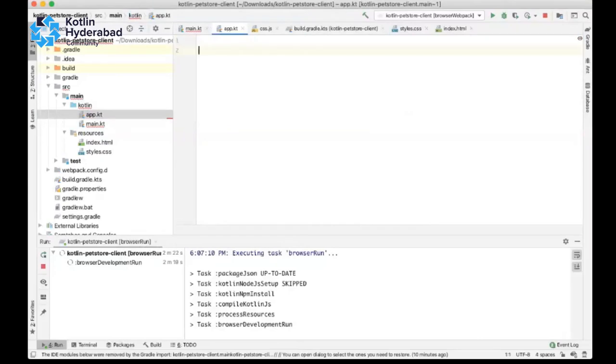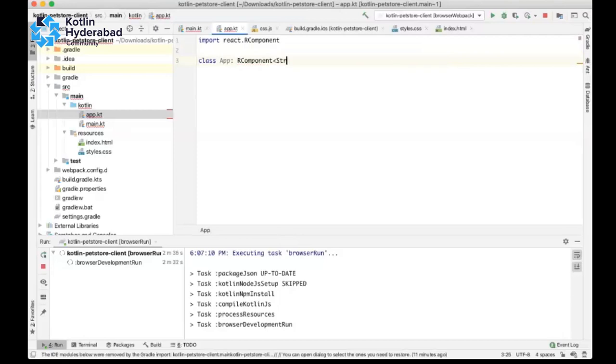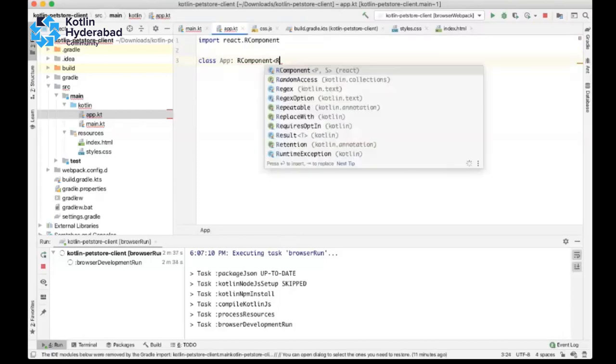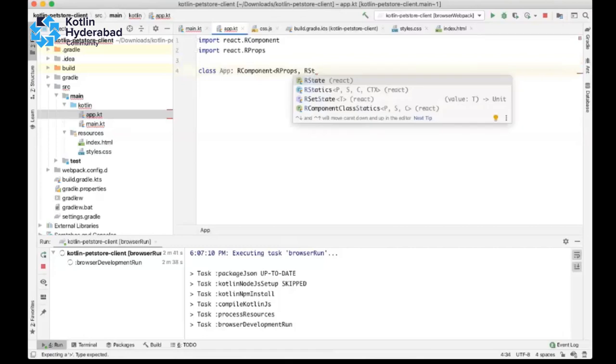I'll just create a basic app, a basic component for now, App. It extends our component. It will take RProps, comma, RState.